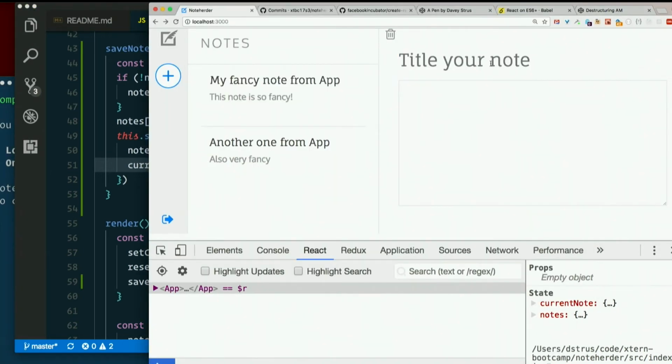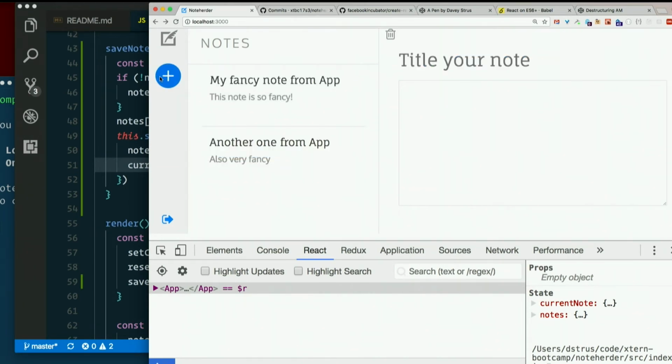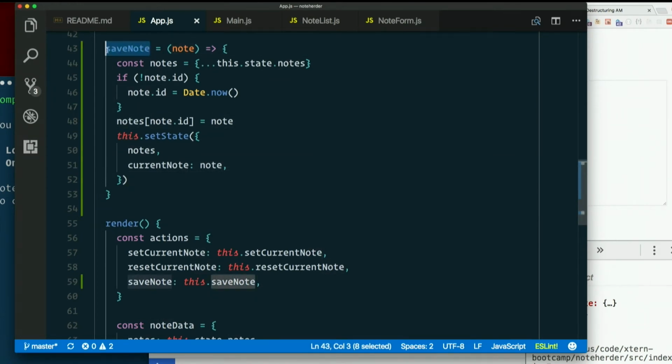So the form is always going to display whatever current note is. We changed current note by clicking on one of these. We changed current note by clicking on this, right? But typing in the form does not change current note. Typing in the form just calls save note, which updates this.state.notes, the list, but it never changed this.state.currentNote, and that's what the form shows. Yeah. My thinking would be that you would have a separate method for updating the current